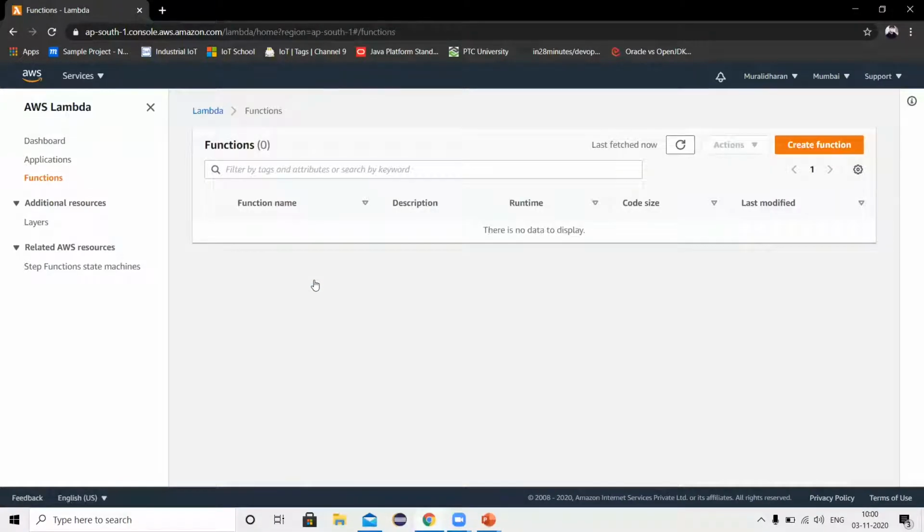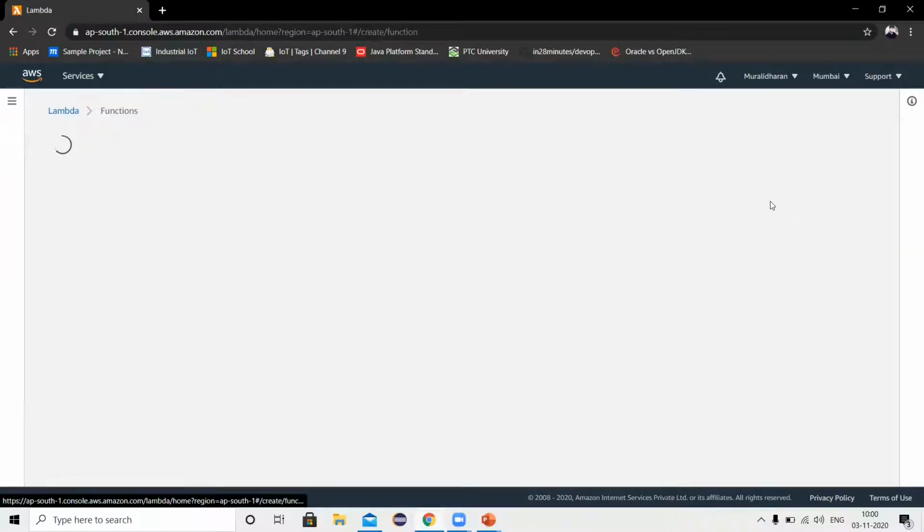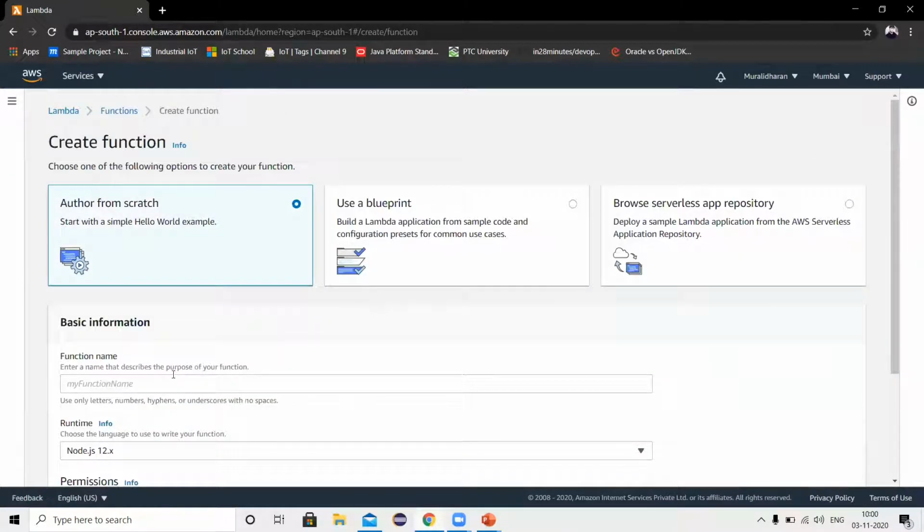Click on Lambda. It will land on this page. Click create function. Here you have to provide an appropriate Lambda function name. Here I'm going to connect an S3 bucket and pull bucket names, so I'm providing the name S3 lambda service.